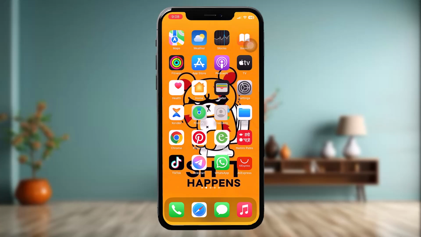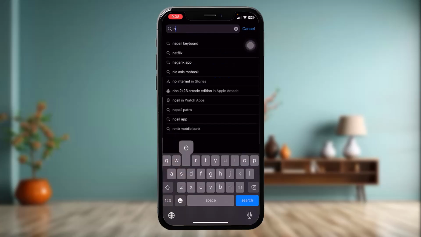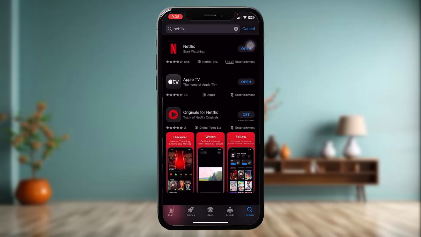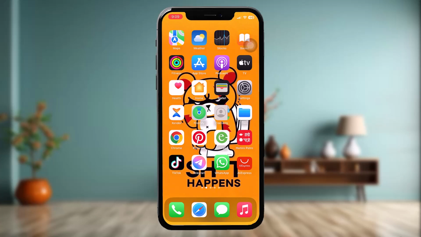The first thing that you need to do is go to your Play Store and check to see if the Netflix app has an update or not, because sometimes the older version might be causing the issue that you are facing. So just a simple update can fix the issue. Now, if that doesn't fix the issue, then the next thing that you can do is just simply go to